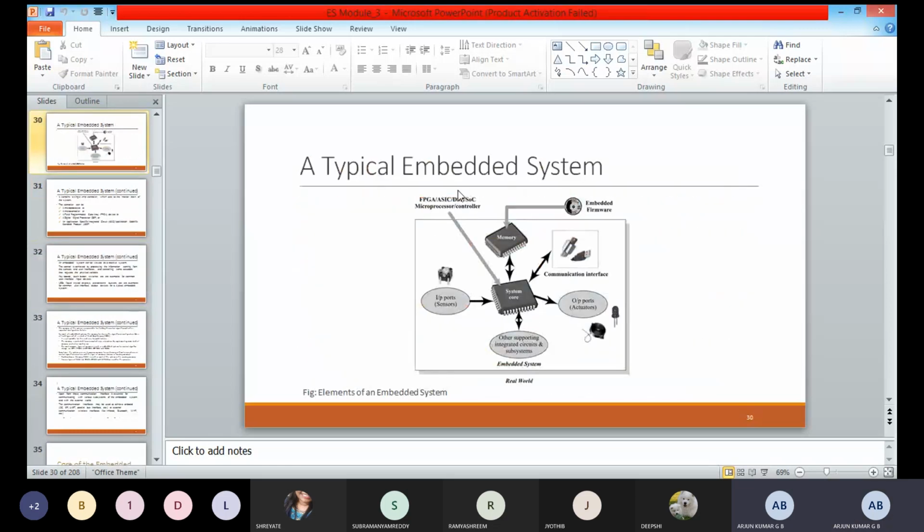We can observe the overall block diagram of a standard typical embedded system. It contains the input, output, and interface communication devices, and also a controller or processor based on the applications, and also memory. We have RAM and ROM. The control program is stored in the ROM. RAM is used as temporary memory for working in a specific program. Clear about this one? Any doubt regarding this?